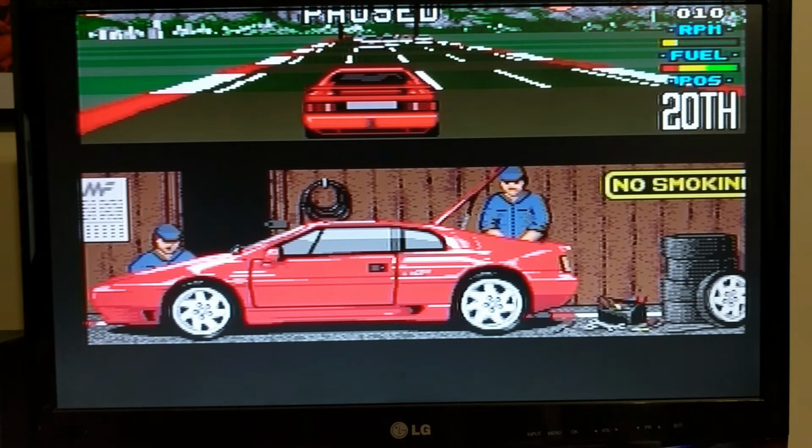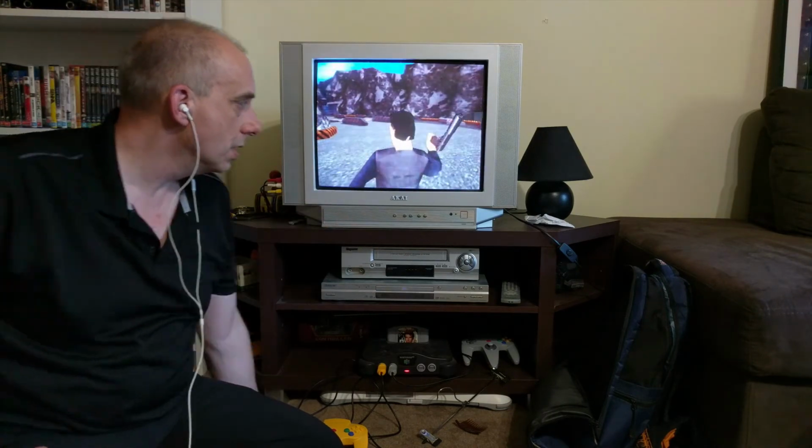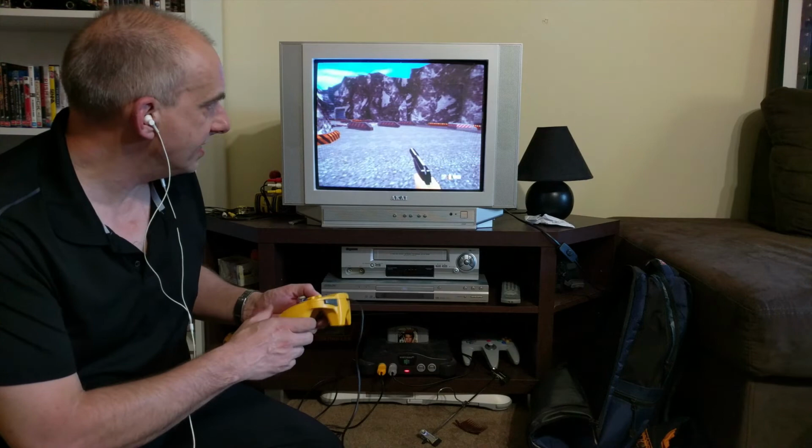Let's have a look next at the Nintendo 64. Okay, so we're in the Nintendo corner, and we've got the N64 running on a CRT, so I do apologise to all the epileptics that have just fallen on the floor, but basically this is...